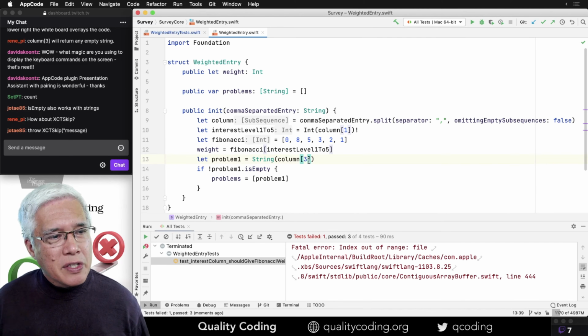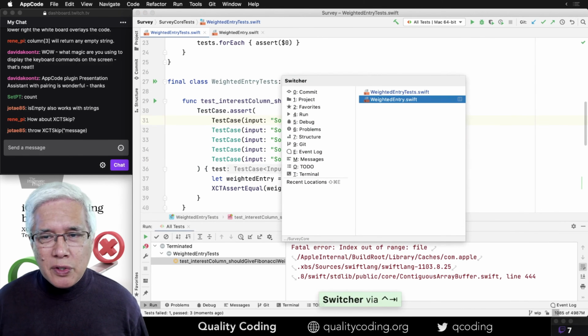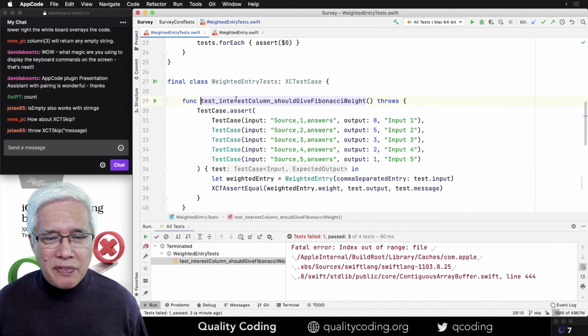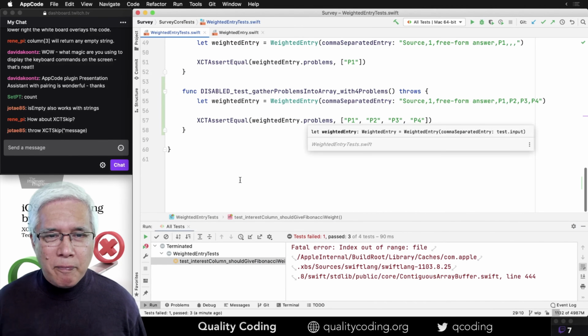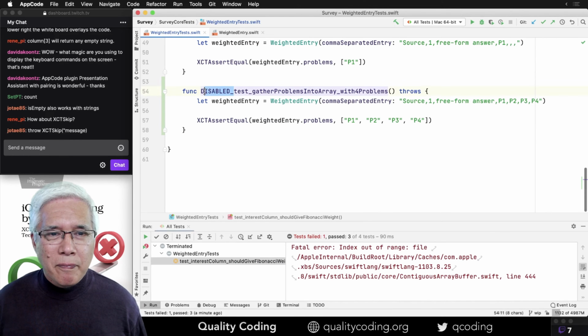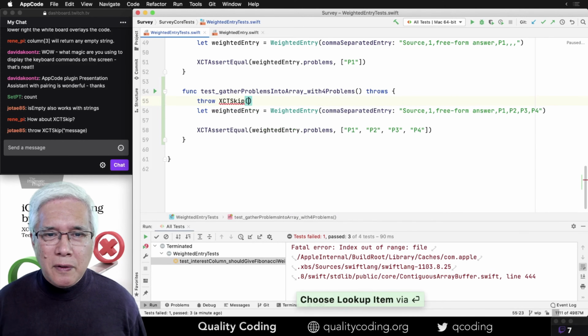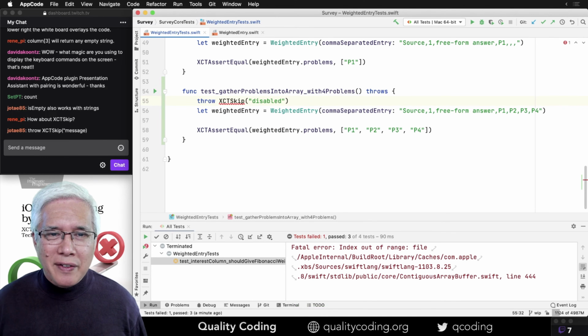How about XCT skip? That's a good suggestion. Let's see if that works. Let's try it.